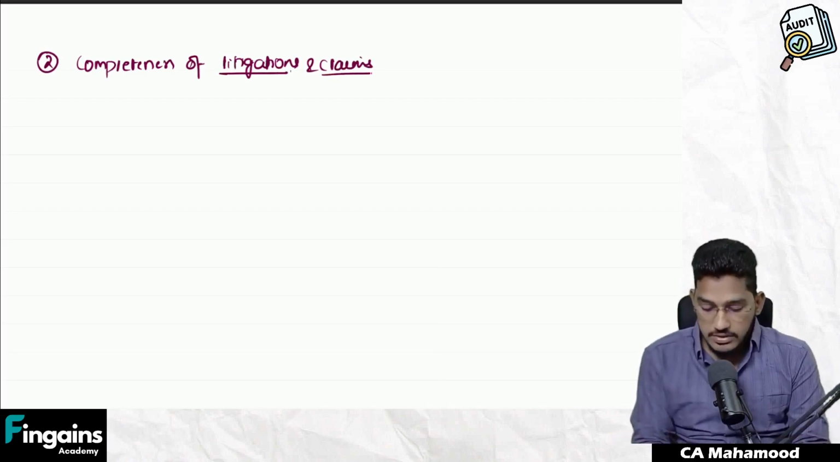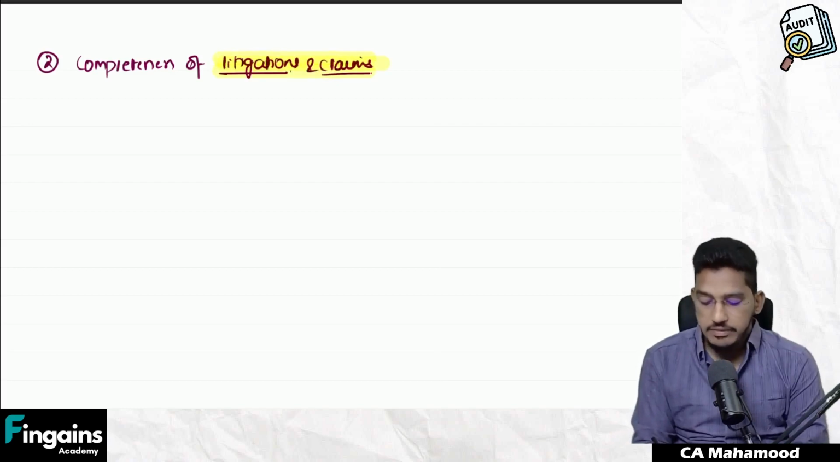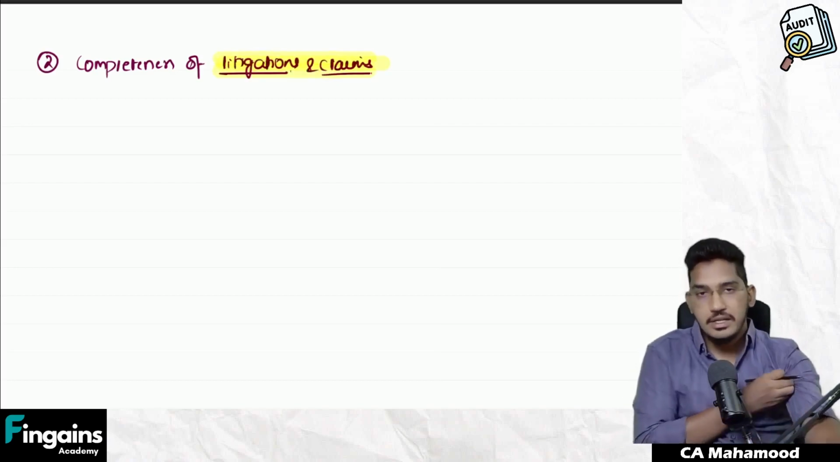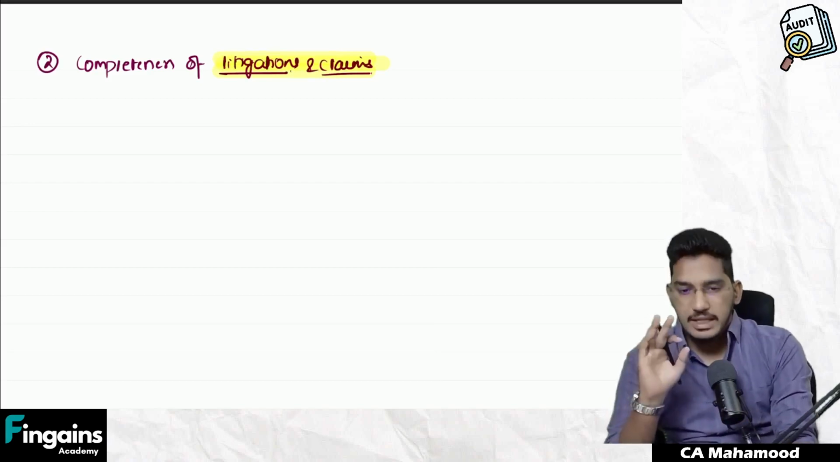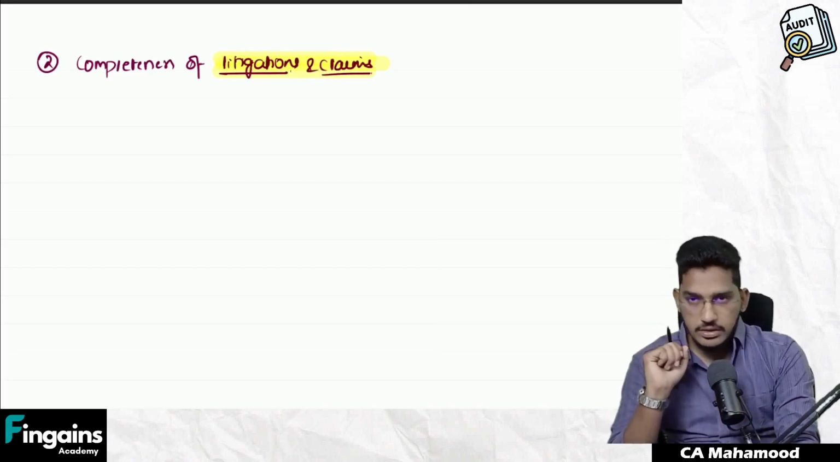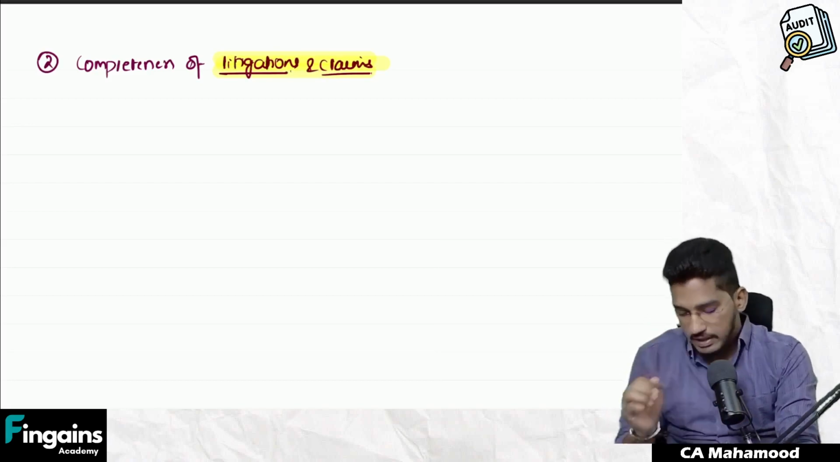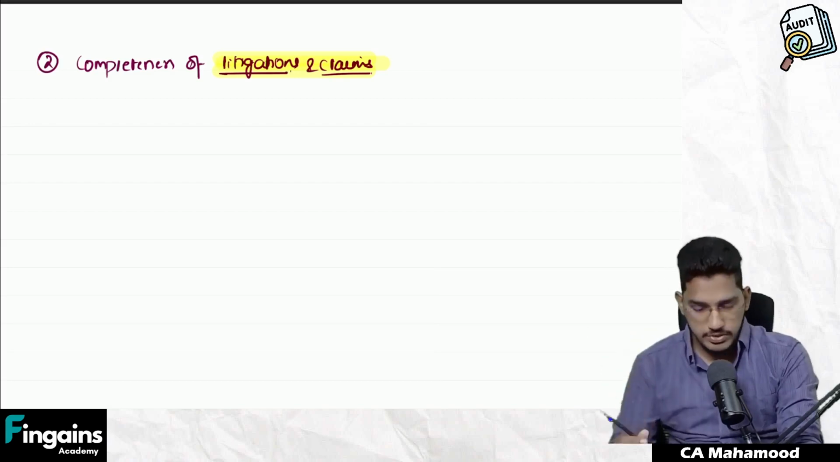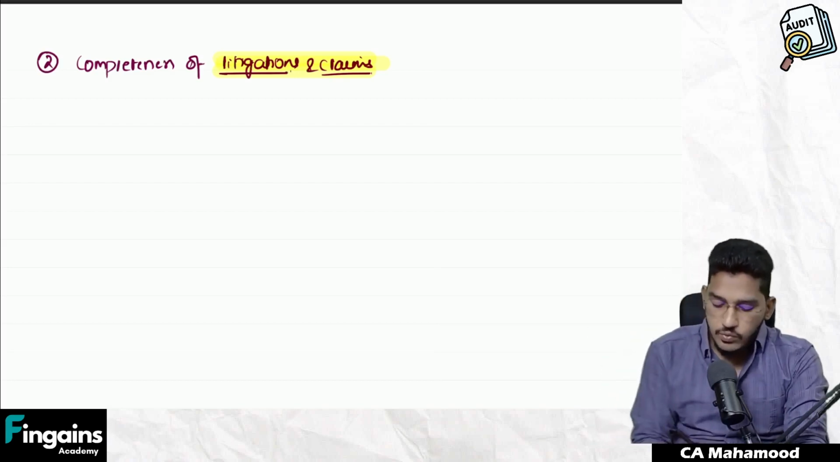Now this is the prime focus here: how the auditor can obtain audit evidence regarding litigations and claims. So what exactly are they going to talk about? Let me try to explain that, and then we will understand what the audit procedures will be. See, as we all know, whenever